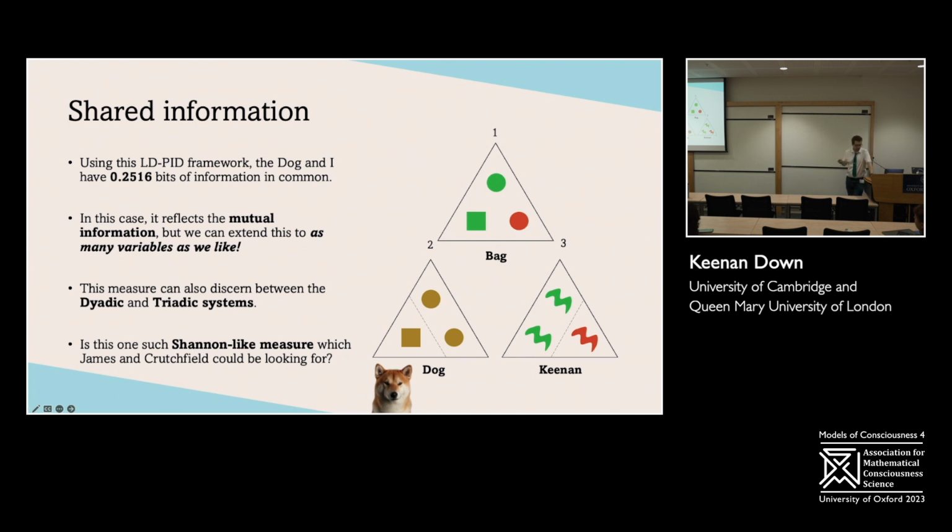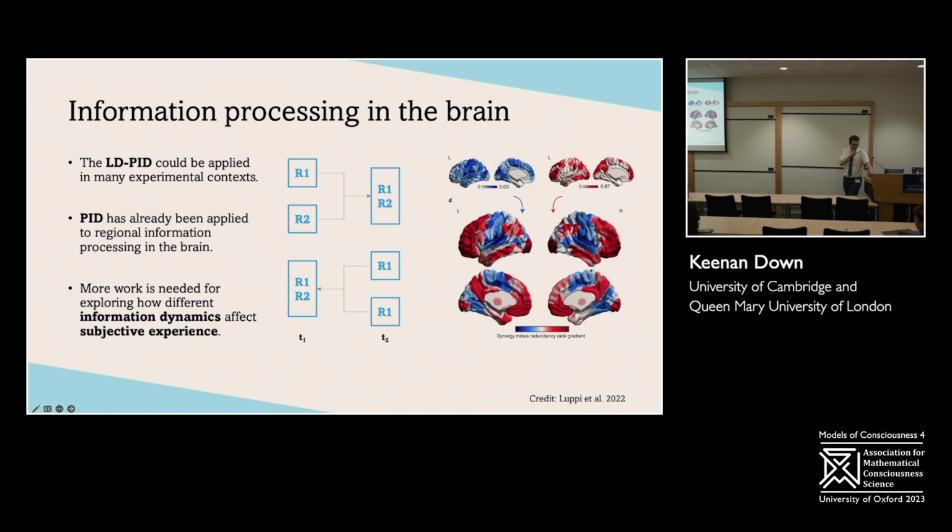So a little brief word on sort of implementations in the brain. You can actually do this experimentally. So if I take a bunch of regions in the brain, I can break up the brain into sort of 100 parcels or 200 or so. I can look at the information between those two different regions maybe, and I can see how that's shared, how that's structured, how it informs the rest of the activity in the brain. And you can use this LDP idea, logarithmic decomposition, partial information decomposition, if you wanted to. It would be one way of looking at sort of information dynamics in the brain.